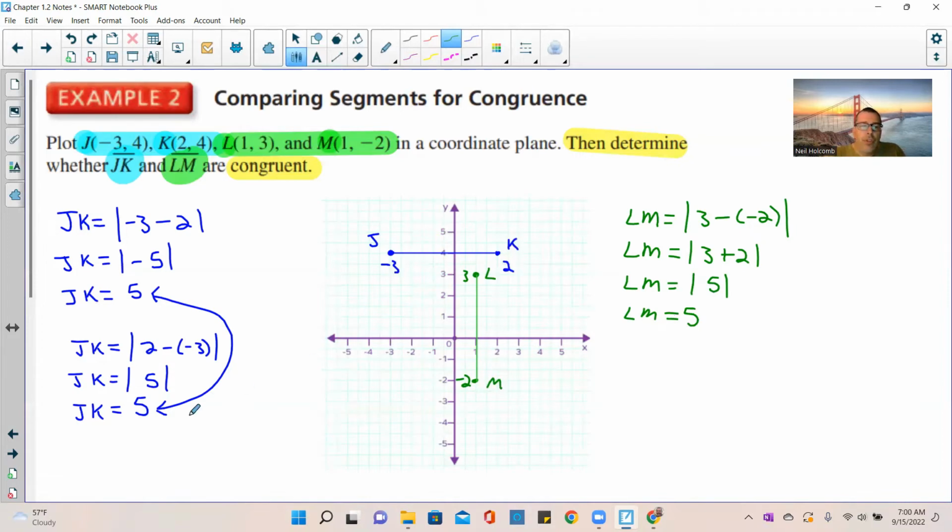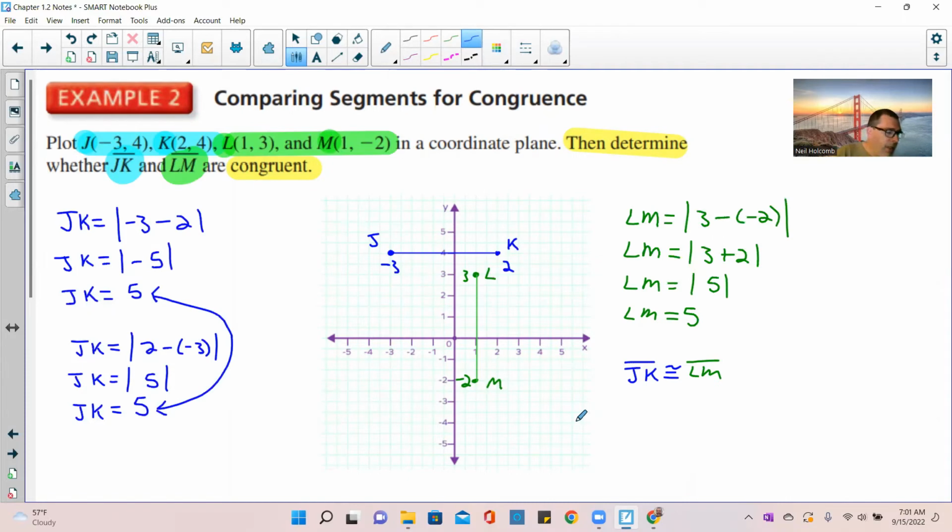Okay, so JK equaled 5 and LM equals 5. So therefore, I will now say, let me keep the colors, JK is congruent to LM. And I don't want to forget that they are segments, so I want to say segment JK, segment LM